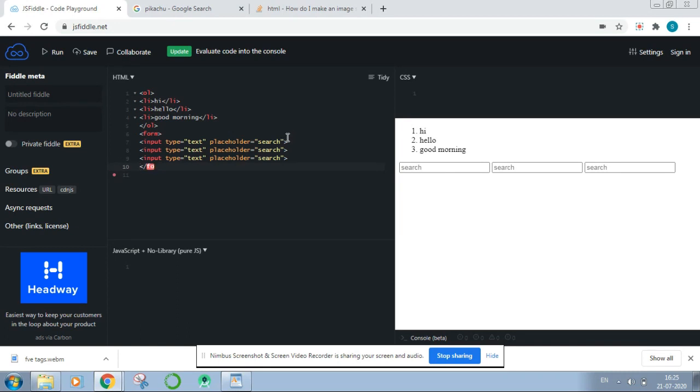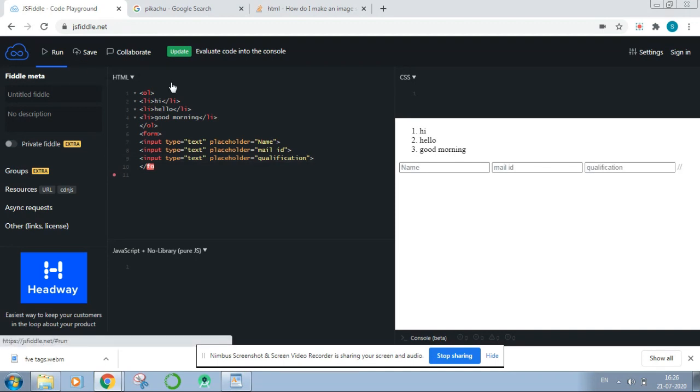Here you can see we can replace search and the other items with name, mail ID, and qualification. These things we can create within